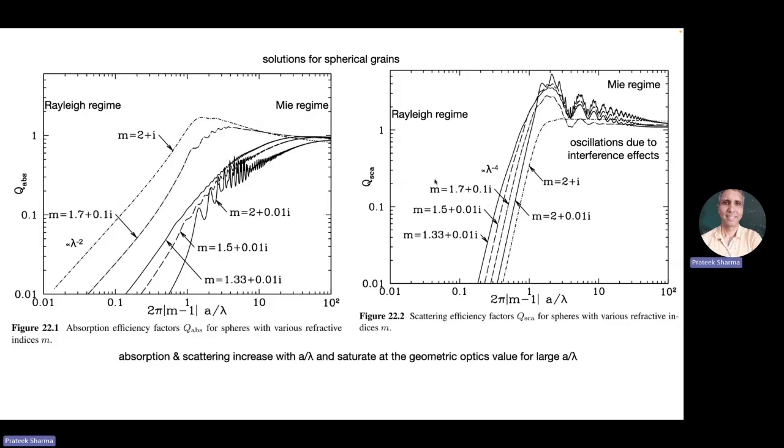So this is for absorption, this is for scattering. And this again goes like lambda to the minus 4, I mean, x to the 4 in this case, because x is 1 by lambda. And these are all different. This is 2 plus i, this is 2 plus i. But scattering does not require dissipation to be there. So they're all very, very similar. Unlike these, where the higher the imaginary part is, the more the absorption coefficient. But here, there is no such trend. In fact, this with the highest dissipation is the lowest here.